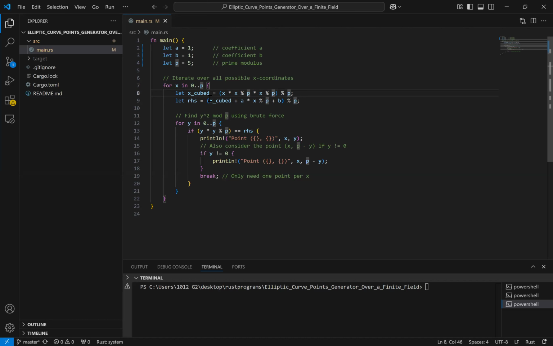The right-hand side is X cubed. I've already defined X cubed at this point. I've said let X cubed be this, so that now when I come here, what I want to write is y squared. Y squared is the same as X cubed, which is normally our right-hand side, then plus